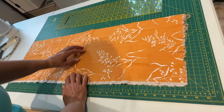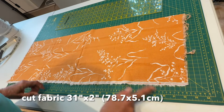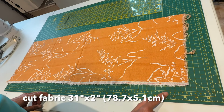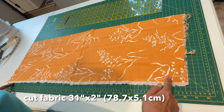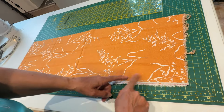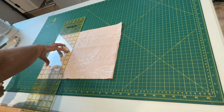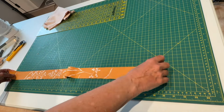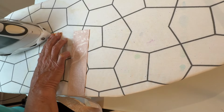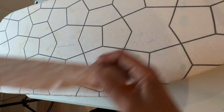And this is the piece of fabric I have left over from my yardage, and I've got enough for my drawstring, so I'm going to cut it at 31 inches in length and 2 inches in width. So I'm just going to clean up these edges here. Press over both of your ends. And then on our long edges,